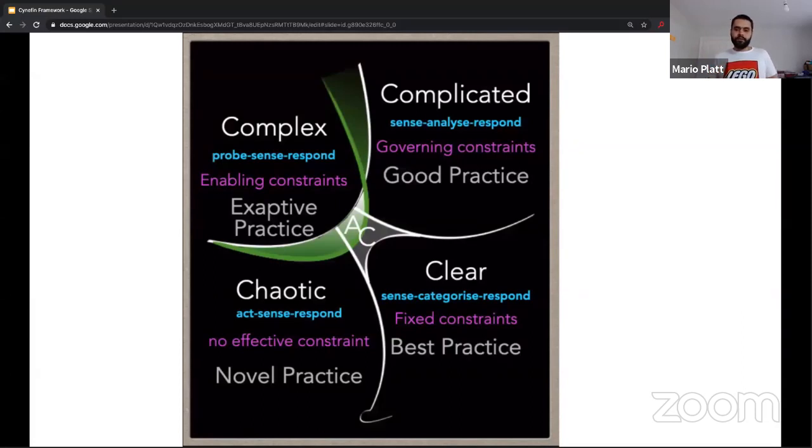So here in the complex domain, constraints should be enabling constraints. They're more like rules of thumb, as opposed to the governing constraints of the complicated domain, where we define some boundaries. So we should aim to find ways to identify the natural constraints which exist in the day-to-day narratives of people, try to take advantage of those, and attach teaching stories to them. So instead of, for instance, coming in and saying this is how we need to change our processes, or this is how we need to change the way you approach looking for a third-party library to get into your code,